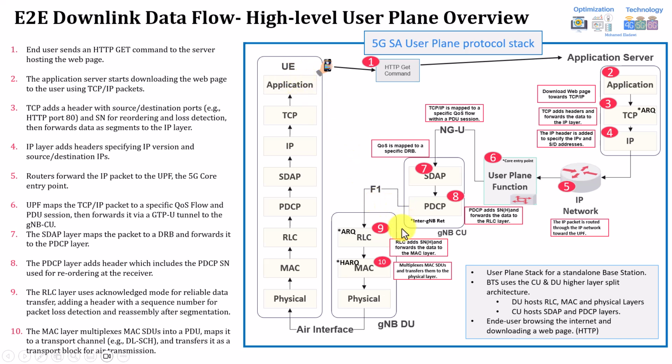One of the most important things I would like to highlight before moving to the next slide is that there are multiple retransmission mechanisms within all of these layers. For example, TCP can do a retransmission, PDCP can do a retransmission, RLC can do a retransmission, and MAC can also do a retransmission. But the more robust and faster one is HARQ, which is at the MAC layer, because it uses hybrid automatic repeat request.